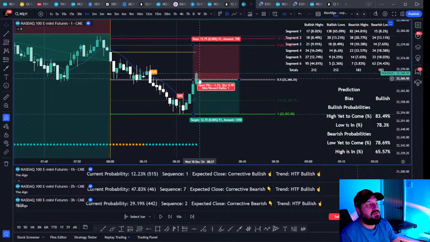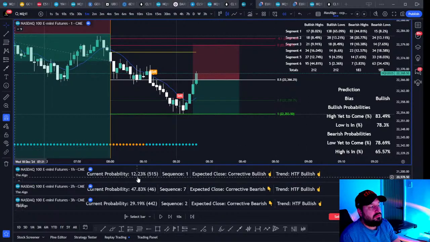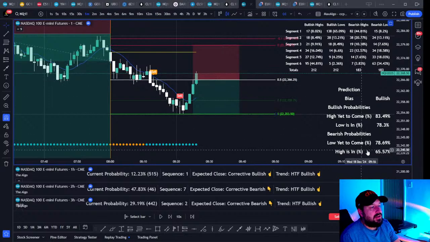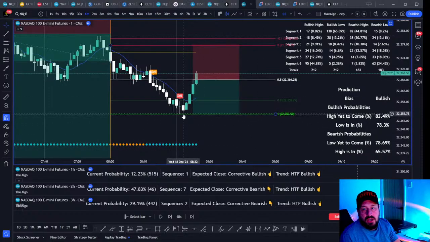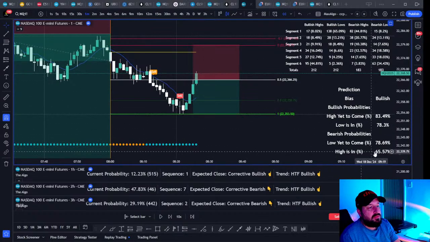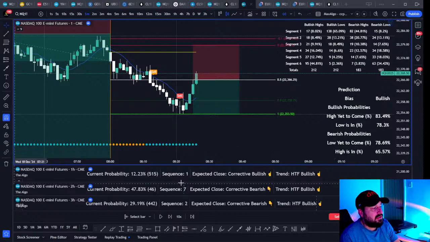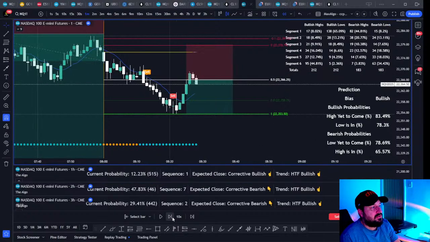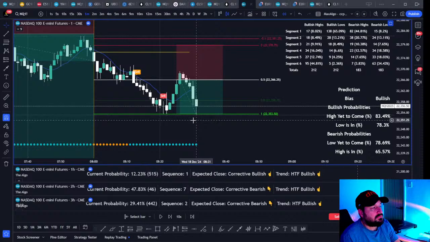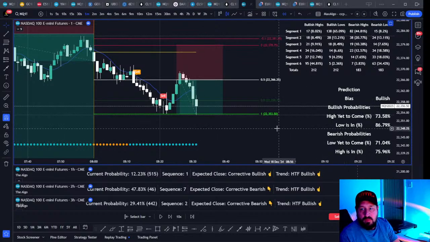So right now, when you take this trade, you've got an 87% probability that we're going to close bearish, and you've got a 78% probability it's going to go to your profit target, but you've only got a 35% or a 34% probability of it hitting your stop loss. So then price moves on. TP, job done. Trading with probability.